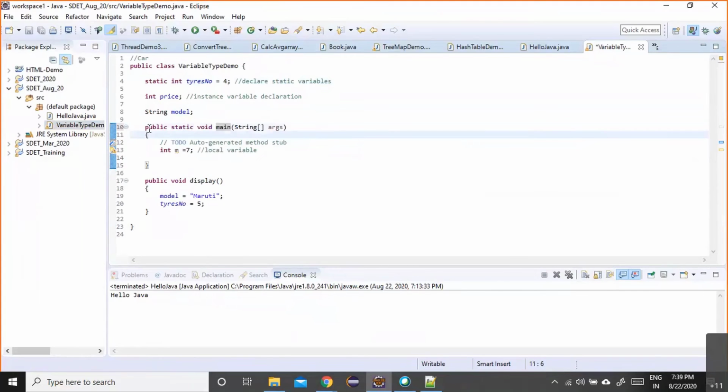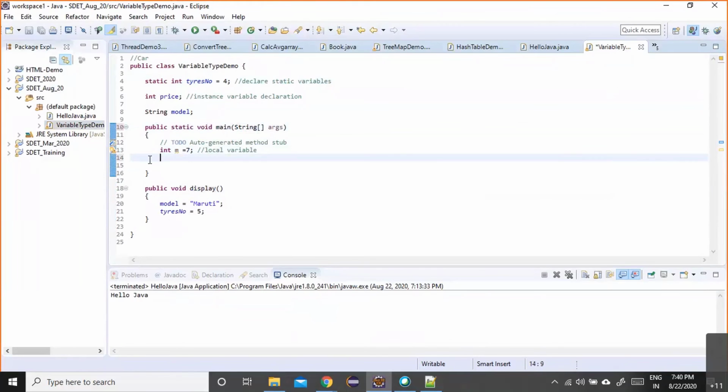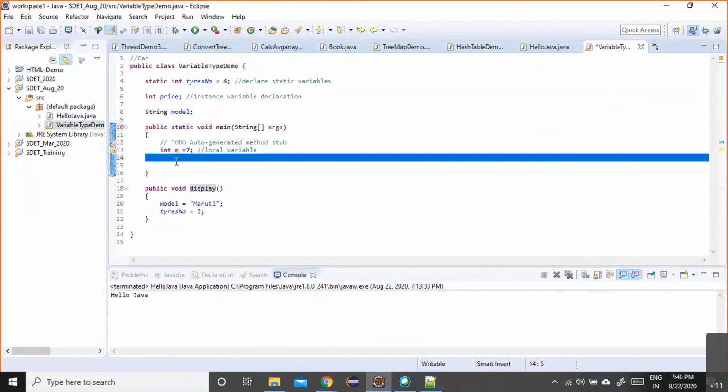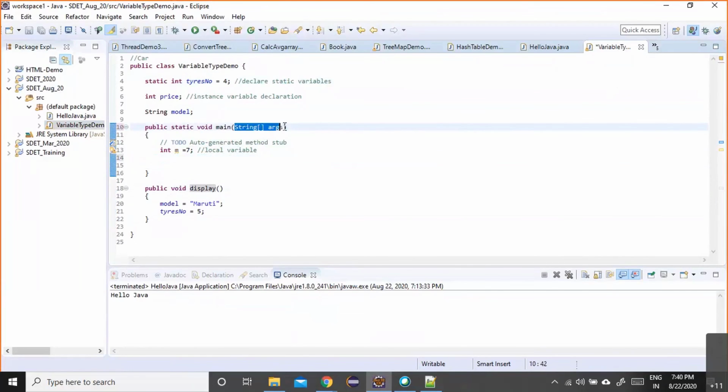It will always have public. Why? Because it should have accessibility everywhere throughout your project. Static, because it is at the class level. Void, because it is not returning any value. It will simply be used as a processing point, and everything would get executed. So we are not returning anything. When suppose there is another method, say display, which is being called from main, then we will want display to probably return a value that we use inside main, right? Similarly, the String args also is by definition part of main's arguments.